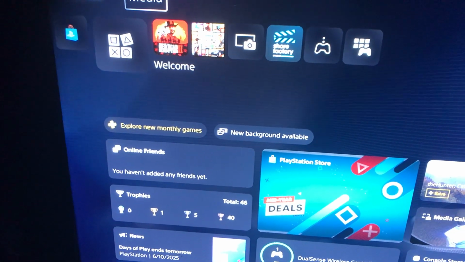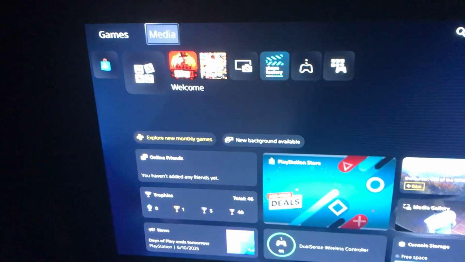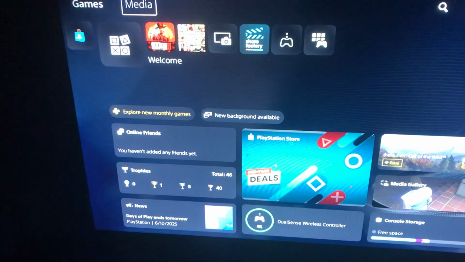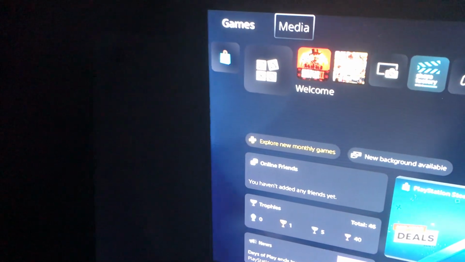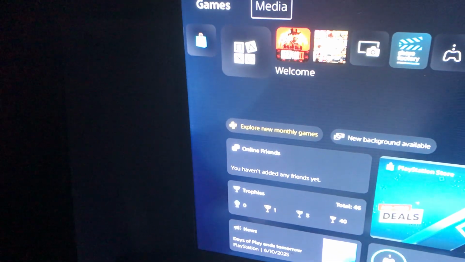Button. Your media home. Button. And you can press cross to select. 2 of 5. And basically, it will read you my games, your media, and then you can press X on